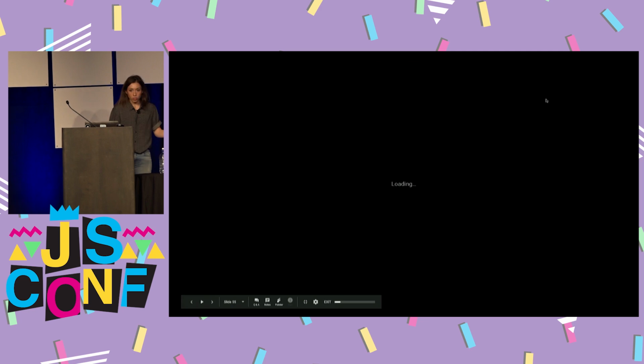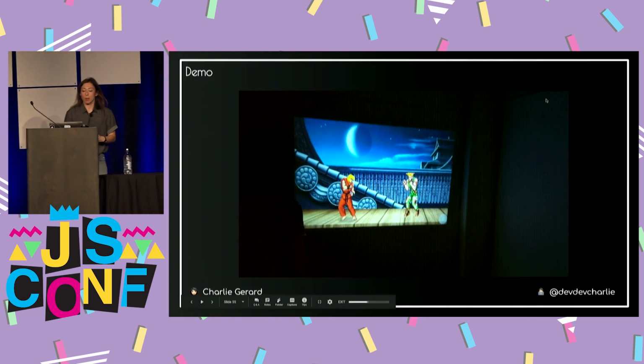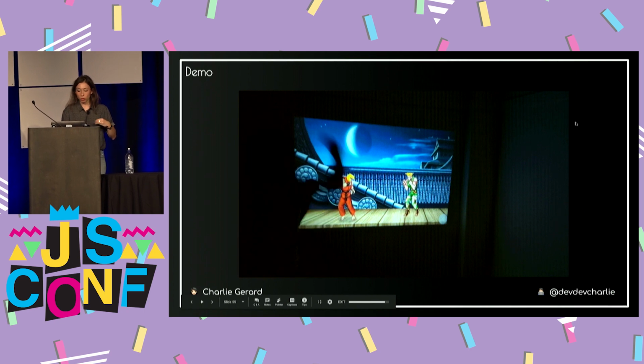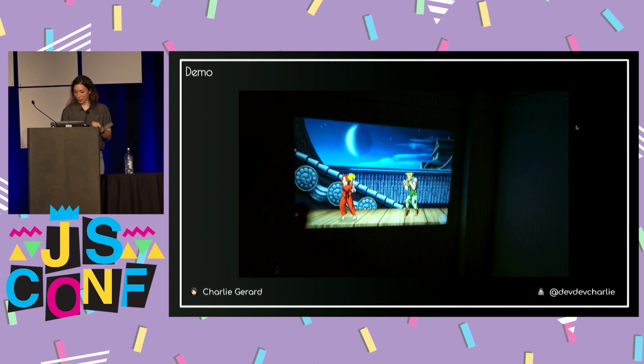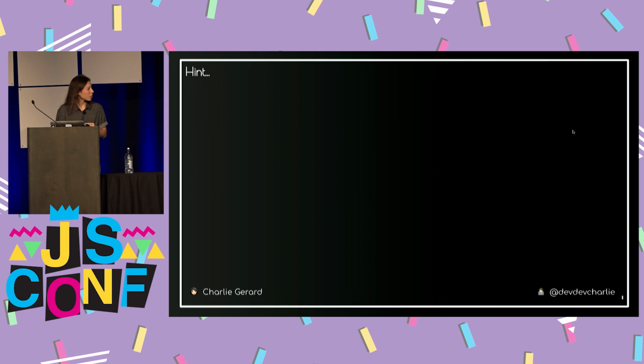Okay. So, but the thing is, then I started thinking, okay, I have a gesture recognition system in JavaScript, but I was like, well, what else can I do with it? So this is where it's going to get even more lame. And wait, is it supposed to? Is that sound?